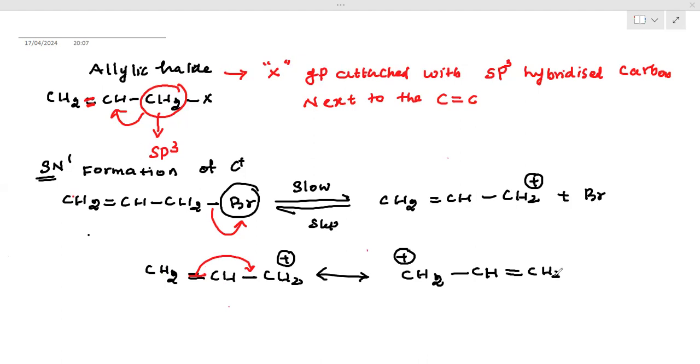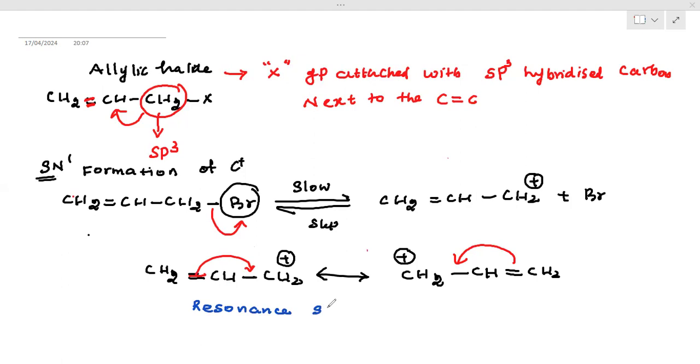The reaction is continued. So what would the next step be? Again this carbocation is stabilized with this double bond. Okay, so the reaction will take place, the resonance will take place. So it is the allylic carbocation stabilized by resonance. That is a very important note. Allylic carbocation is stabilized because of resonance. So resonance stabilization,